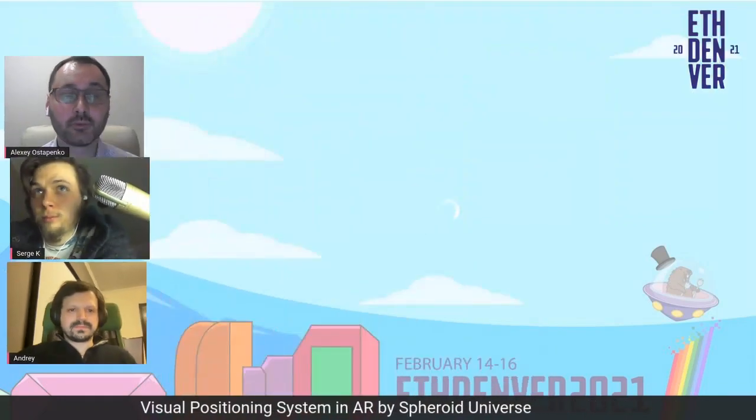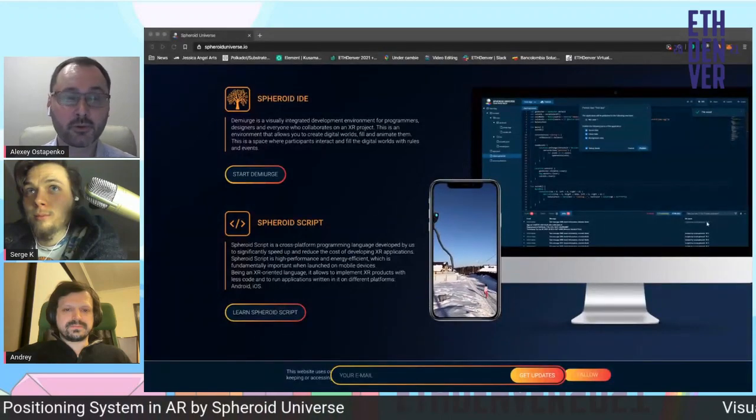So our ecosystem is the platform that can help to gather all the data. This data is the visual data, and our computer vision engine that solves the positioning problem uses this big data. And to do that, we need a lot of AR products